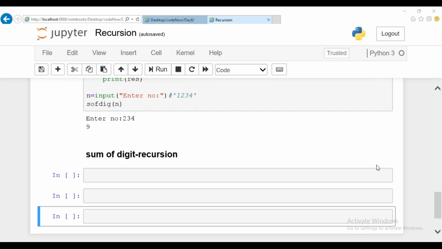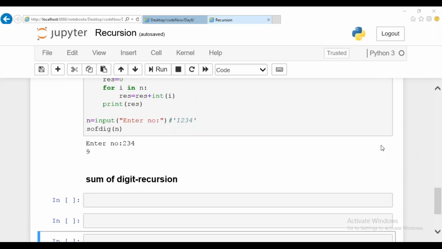If n value is equal to 0, return 0. Okay.